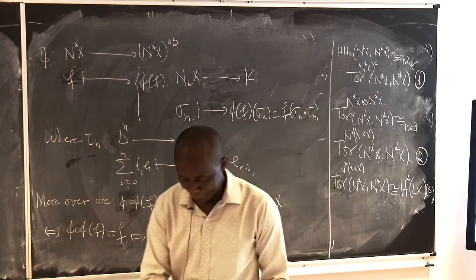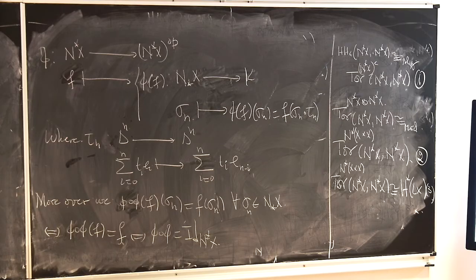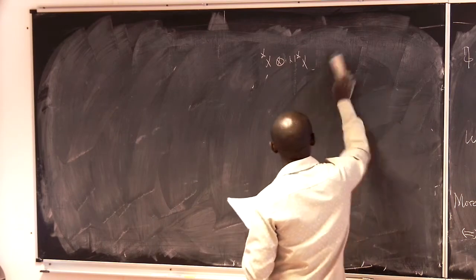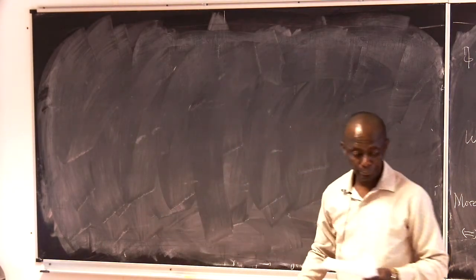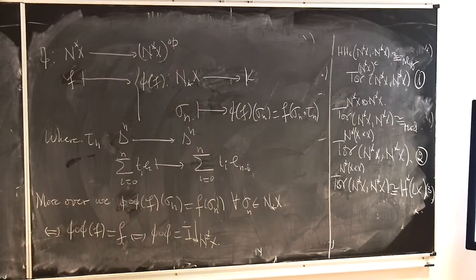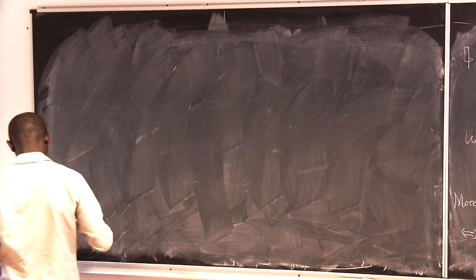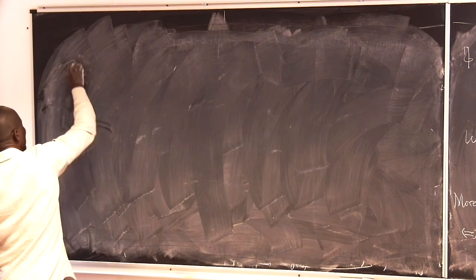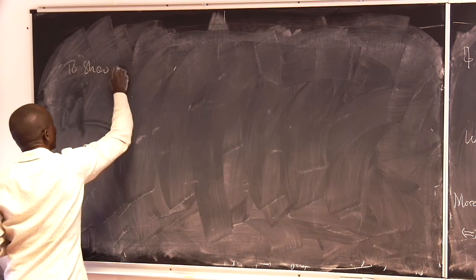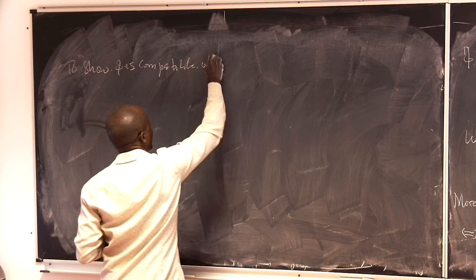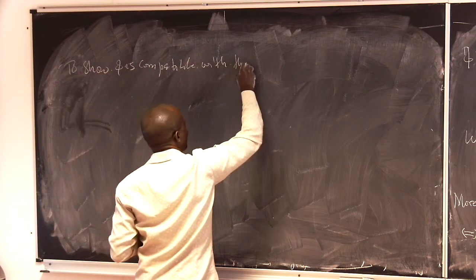And then I still have to prove that Phi is a morphism, is compatible with the algebra structure here and here. To show that Phi is compatible with the respective algebra structure,